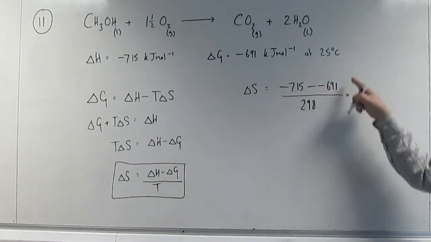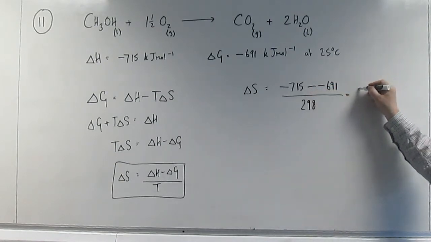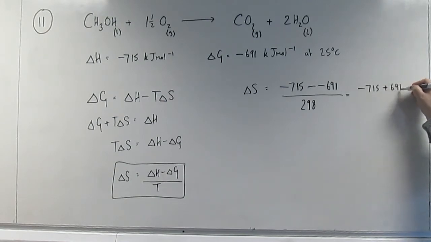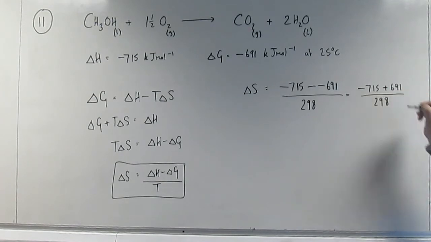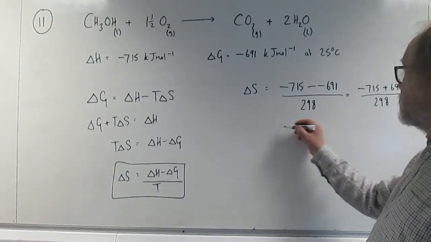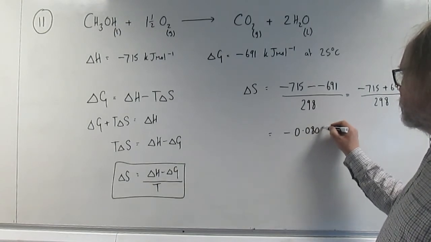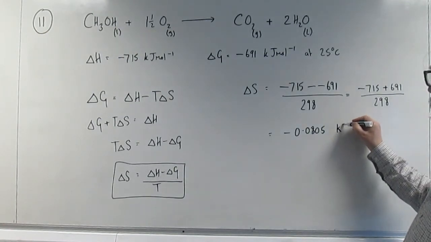And again, if you're not confident about that, it's worth explicitly rewriting it as minus 715 plus 691 over 298. And if you crunch the numbers, that comes to minus 0.0805, and that will be in kilojoules per Kelvin per mole,